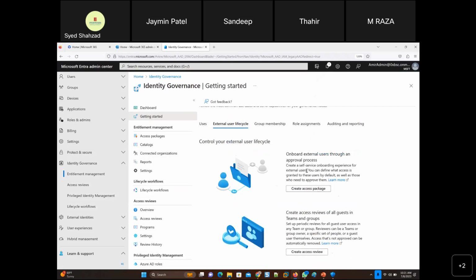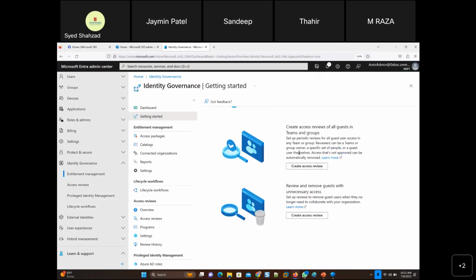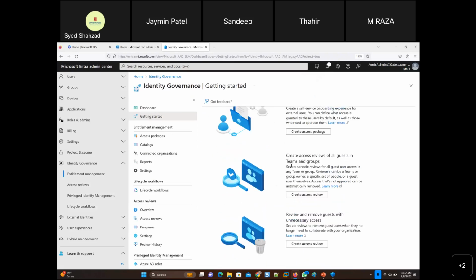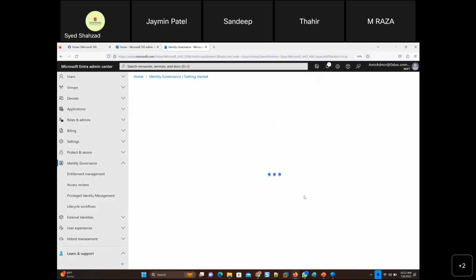You can manage all the contractors outside, when do they join the company, how long will they be there in the company, and when they leave, you need to disable their username and password, right? And which applications they access, and why, and for how long. So there are so many questions that you should ask and follow up with, right? So we've done that. If I go down here, create access reviews of all guests in teams and groups. So create access review. If I go for create access review here,